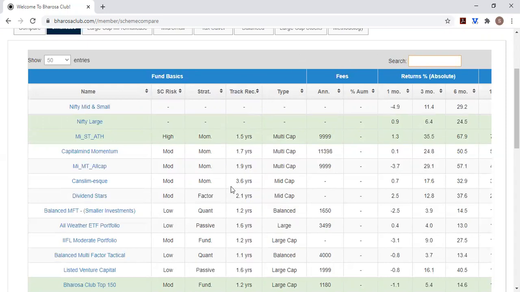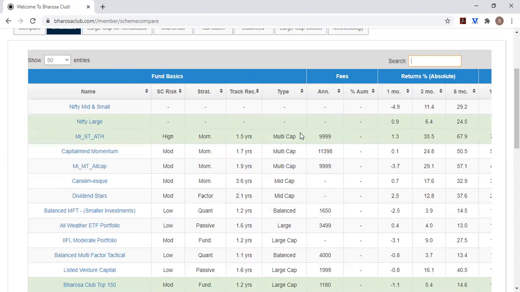Next column is the track record. The track record tells you how long the smallcase has been running post launch. So this is a really, really important field. You obviously want to use a higher bar for funds that have not been operating for a long track record, because there's more risk with these funds. Doesn't mean you can never invest in funds with short track records, but it means you should be a little more wary of getting into funds with a shorter track record and look a little more carefully at them.